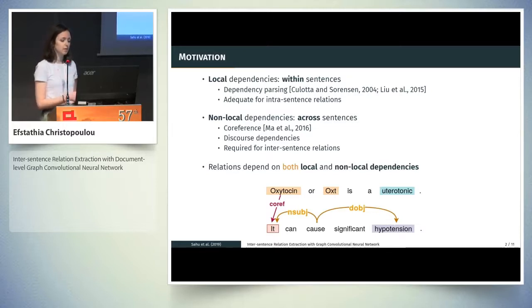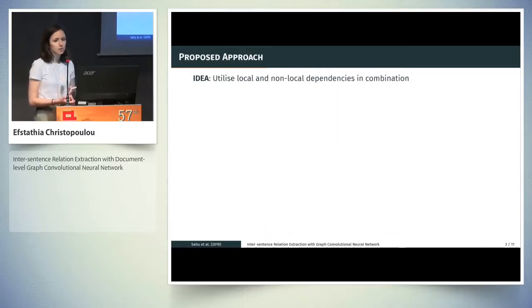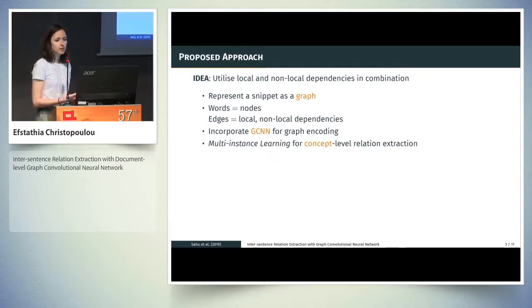As you can see in the example, again, in order to identify the relation between oxytocin and hypotension, we need both local and non-local dependencies, such as coreference and some kind of syntactic dependencies. So our main idea was to simply combine local and non-local dependencies at the same time. Essentially, we represent a textual snippet, which is typically more than two sentences, as a graph structure, and use the words of the structure as the nodes, while edges correspond to local and non-local dependencies between them. We also aim to incorporate the graph convolutional net for graph encoding and use multi-instance learning to perform concept-level relation